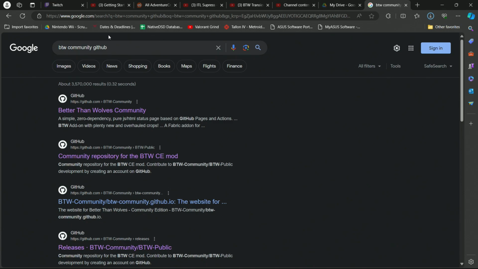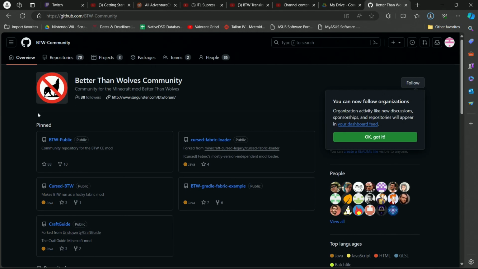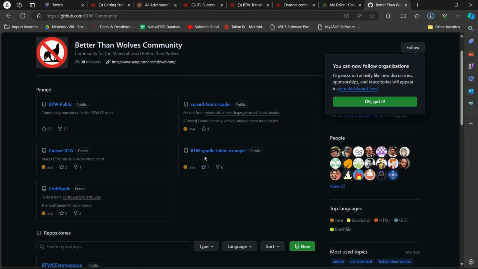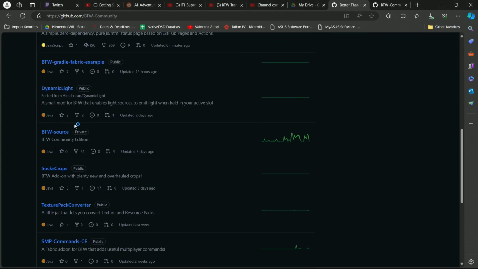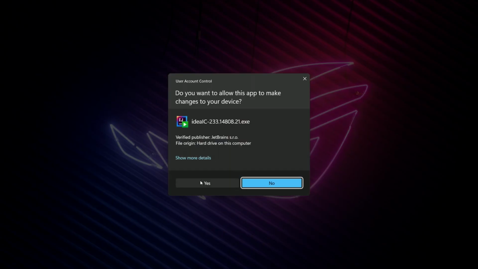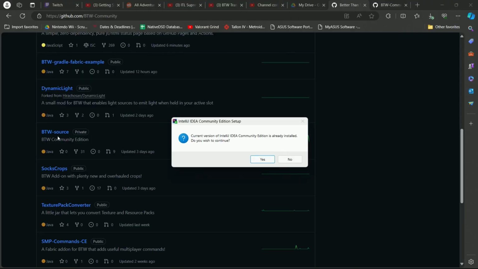Other than that, you'll also want to open up the Better Than Wolves community GitHub. You'll see it looks like this here, and you'll want to open Better Than Wolves Gradle Fabric example, and you'll want to open Better Than Wolves Source. If you don't have access to Better Than Wolves Source,